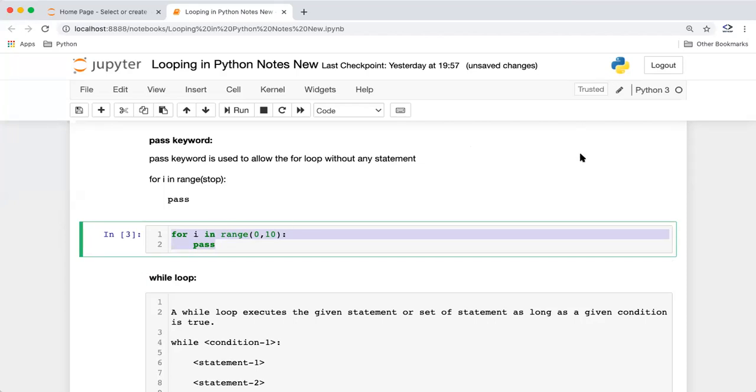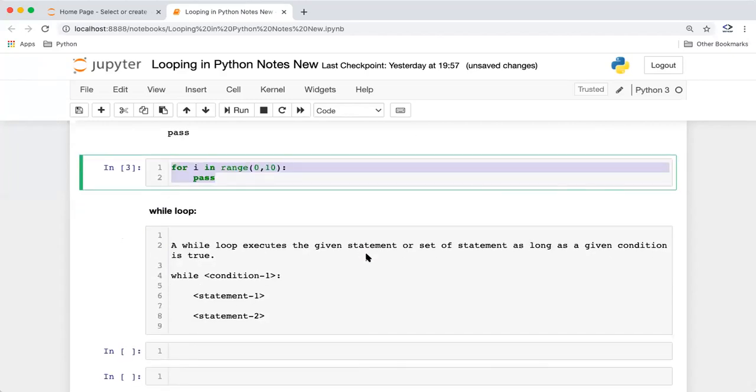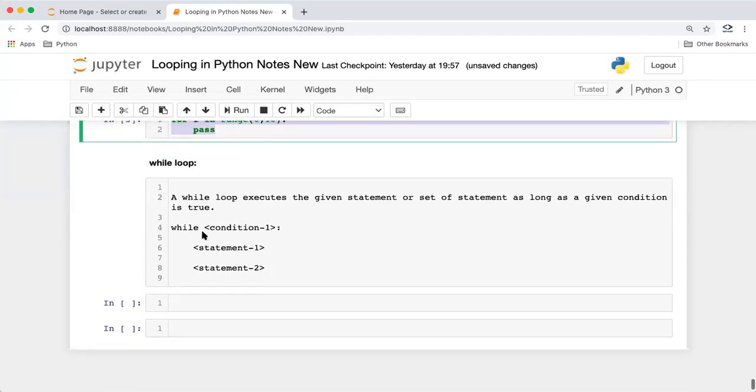Okay. So the next thing that comes in is the while loop. I think we can live with the for loop also, but there is a while loop too. In a while loop, we have a condition, and as long as the condition is satisfied, the loop will keep executing whatever statements are inside it. We can also use break or continue keywords inside the while loop.